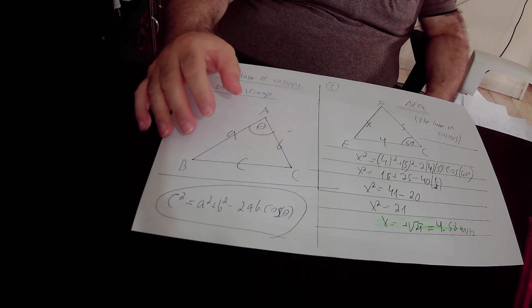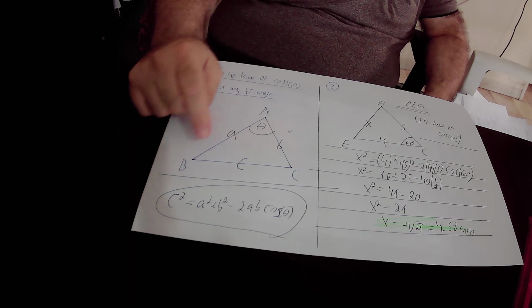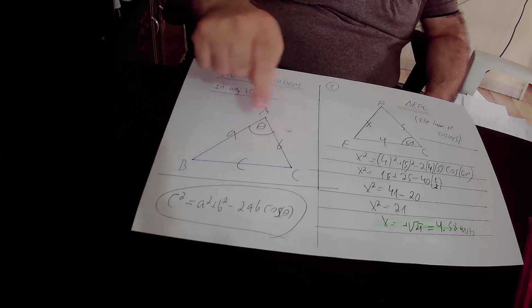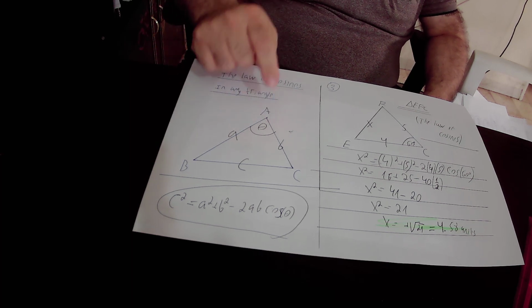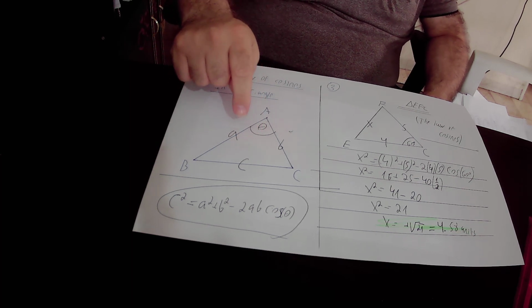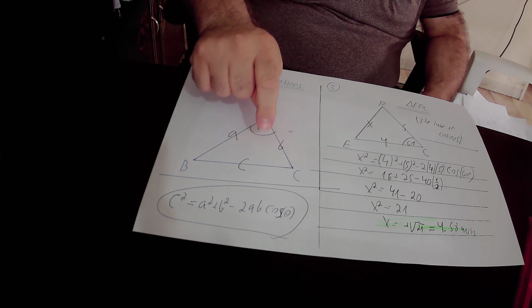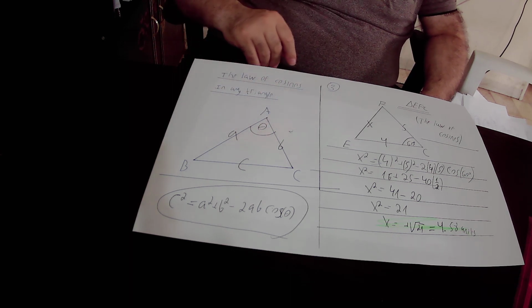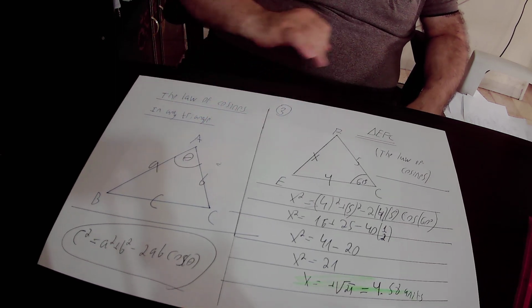Then in this triangle, that could be any triangle, the following equation is true: c squared equals a squared plus b squared minus 2 times a times b times cosine theta. I repeat again, c squared equals a squared plus b squared minus 2 times a times b times cosine theta. Then we implemented the law of cosines in this triangle